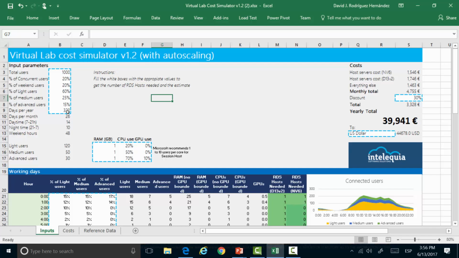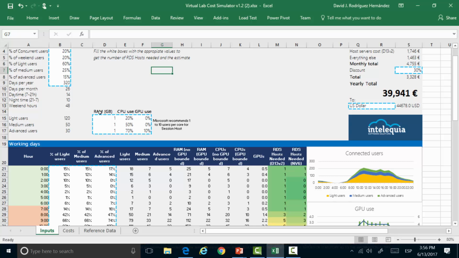And I decide that my year should have 320 days. And then specifying exactly what I mean by a light user, medium user, and advanced user in terms of